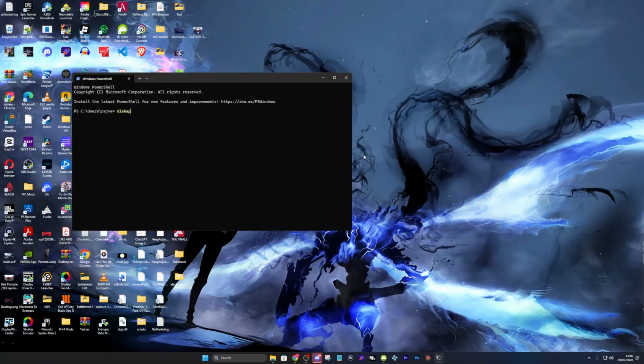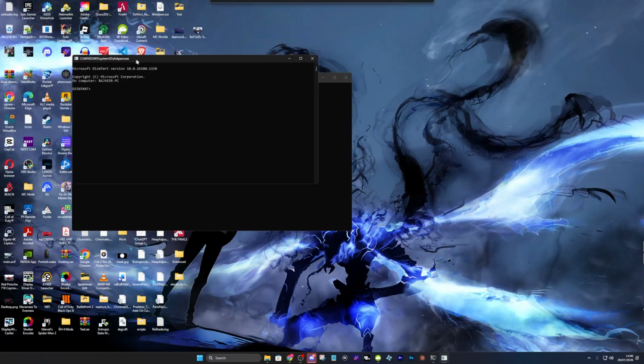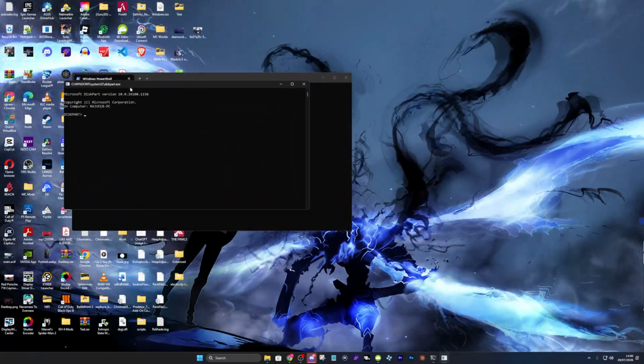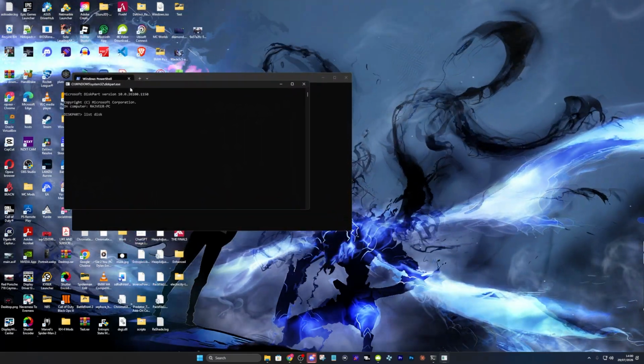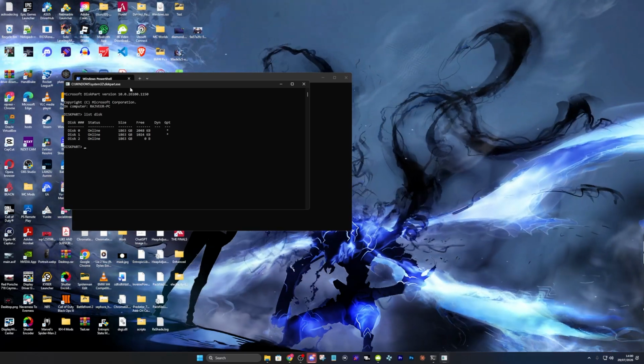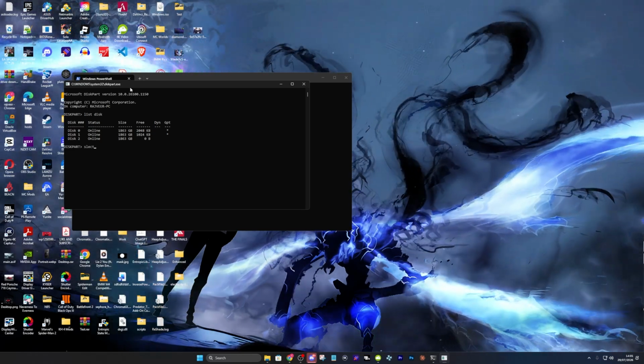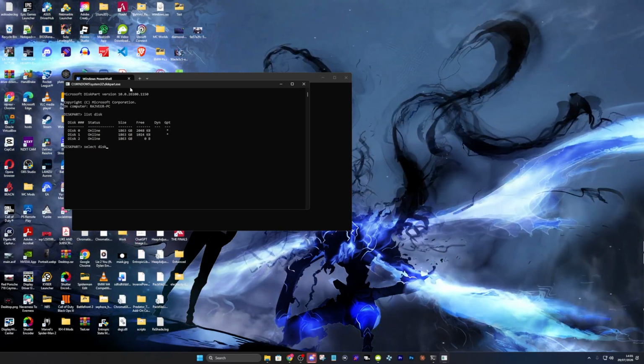Once you do, go ahead and type in diskpart like so, then press enter. You might get a little option that comes up, and then it's going to open up this little thing right here. Now what we're going to do is type in list disk, press enter, and it's going to show all your connected drives. Note down your target drive number, then type select disk,